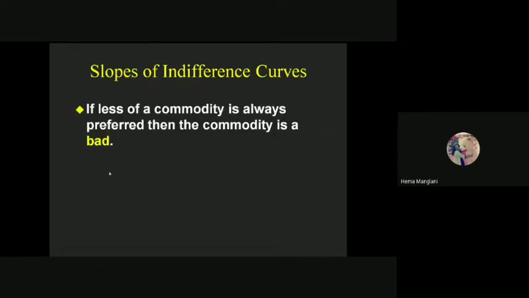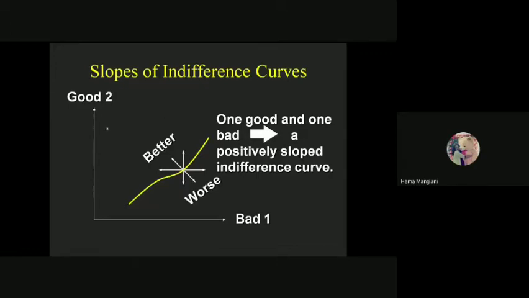Now, the slope of the indifference curve shows with a bad also. Okay. So here we have bad one, as we already have seen. So now it is becoming concave this side, so still it is convex to the origin. Now your better bundles are this side and the worse bundles are this side. We already have done this, so I'm not going into the depth of this.